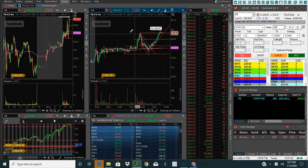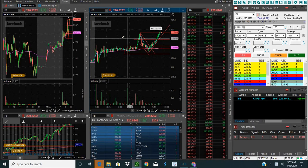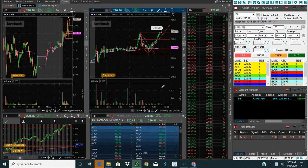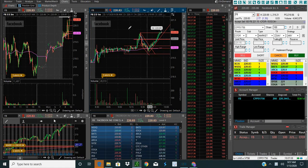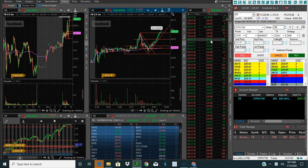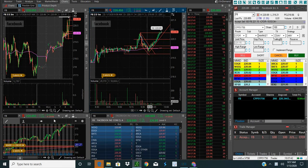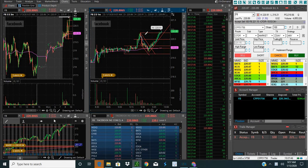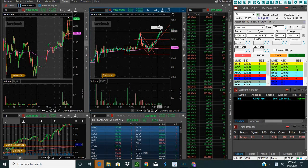The problem is we have resistance right here, so we're trying to get another breakout right here. So what I'm waiting for is to see if there's breakout buyers that are gonna come. So how are we gonna know that? By watching the volume, you guys, and times and sales, and to see a newer high. We want to see big size on the times and sales in the green. We want to see big strong volume come in, and we want to see this breakout hold with new highs